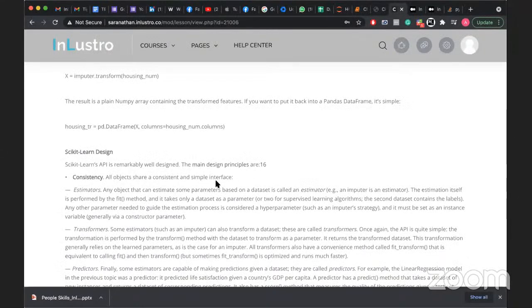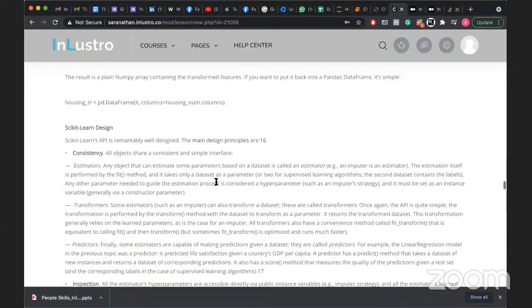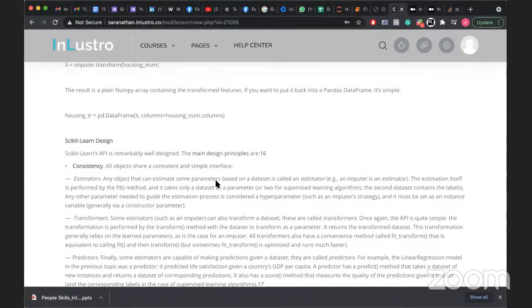Now, scikit-learn's interface is very consistent. There are three different types of interfaces. Estimators: any object that can estimate some parameters based on a data set is called an estimator. An imputer is an estimator because it estimates the median. Estimation itself is performed by the fit method. It only takes a data set as a parameter, or two for supervised algorithms, where the second data set contains the labels. Any other parameter needed to guide the estimation process is considered a hyperparameter, like the imputer strategy, and it must be set as an instance variable,